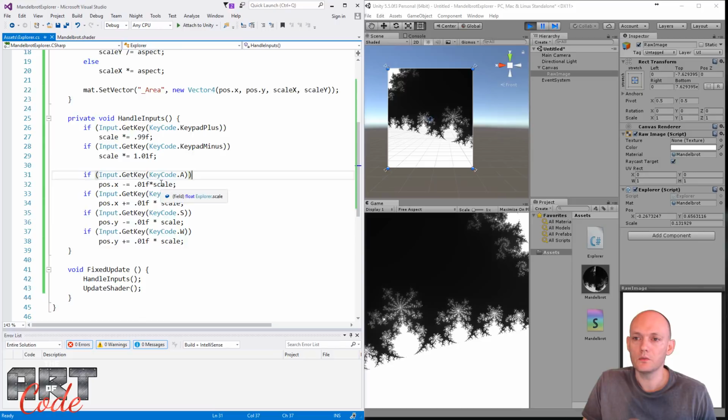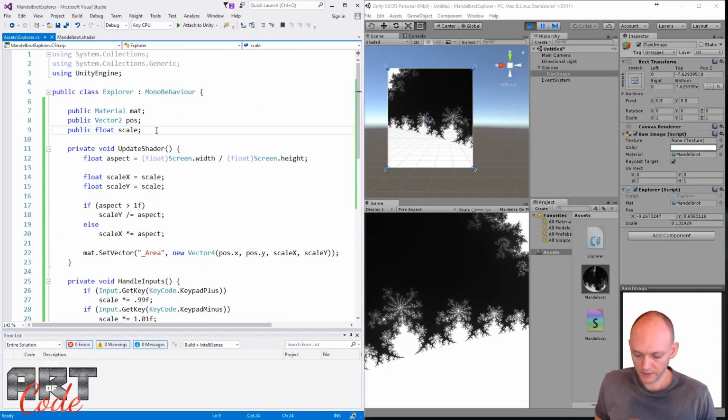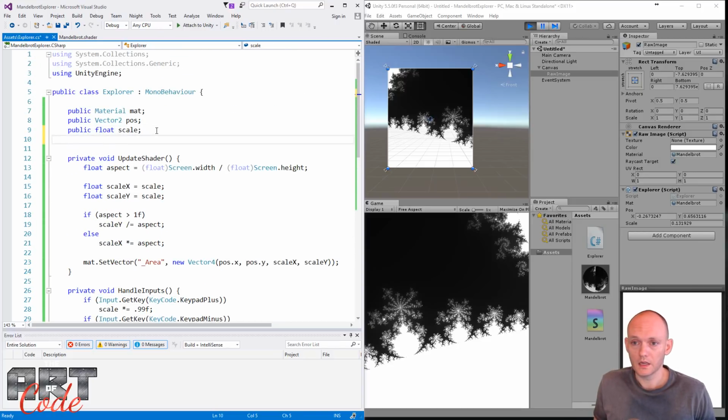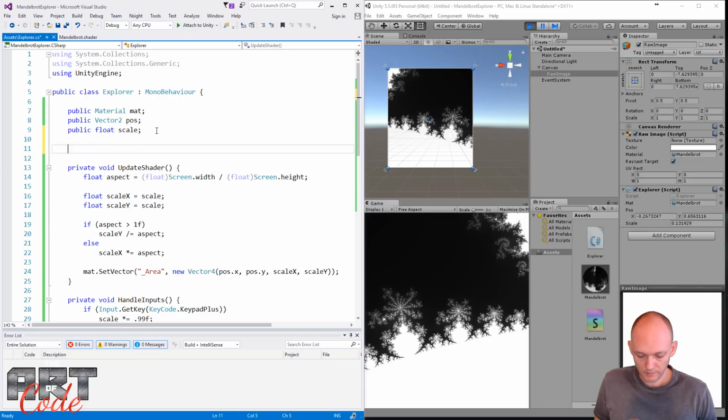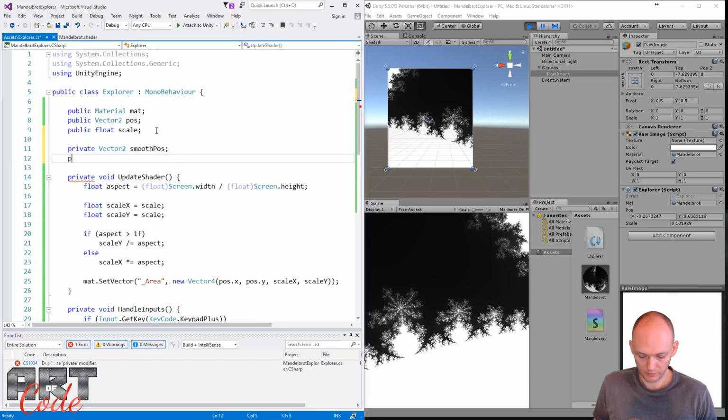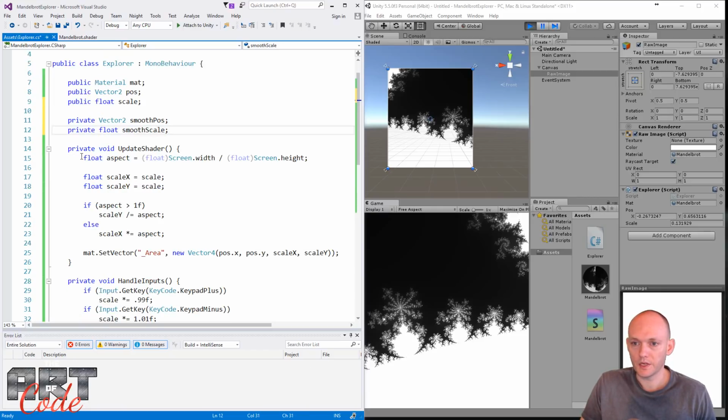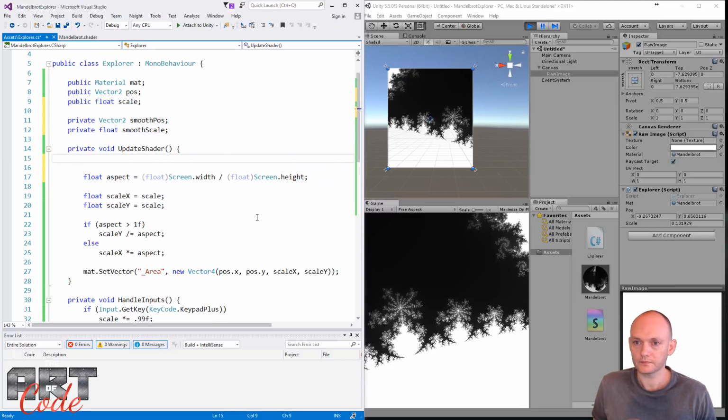And there is a really easy way to do that. That's very powerful, and I use it in many different places. So let's use that here. So what I'm going to do is I'm going to make a private Vector2, and I'm going to call it smooth pause. And I'm going to make a private float, and I call it smooth scale. And now what I'm going to do in my update shader, before I do any of this stuff, I'm going to say smooth pause equals